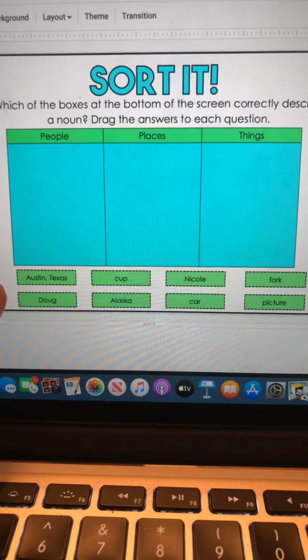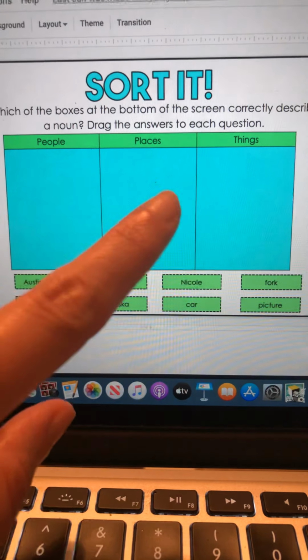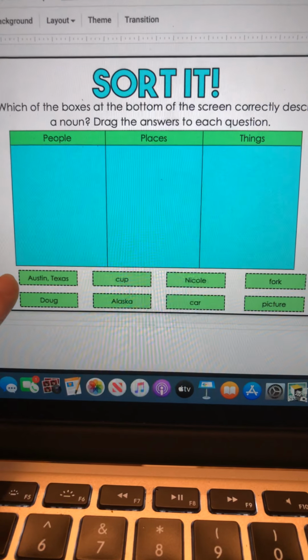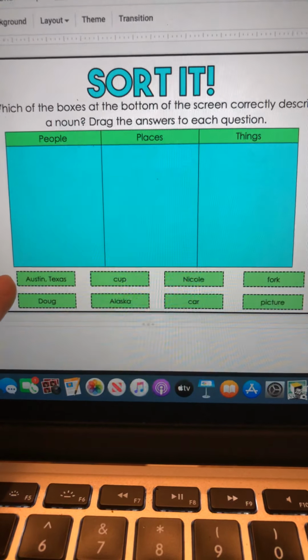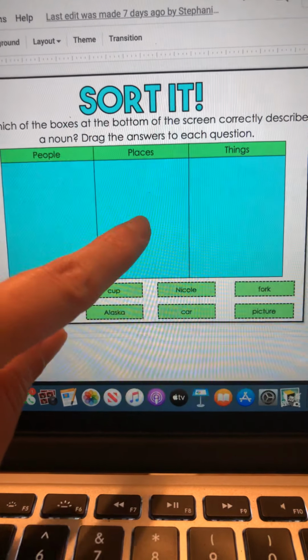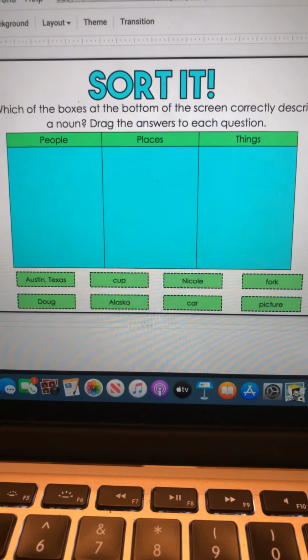Okay, so you have to drag each of these boxes to the right column. And I'm going to read these boxes at the bottom out loud. So Austin, Texas. You would drag Austin, Texas and tell me if it goes under people, places, or things. That's what you have to do for each one.